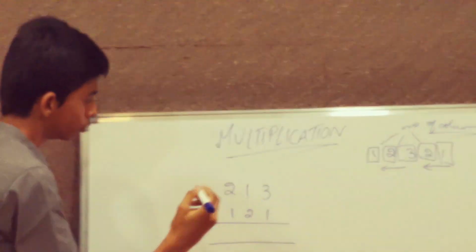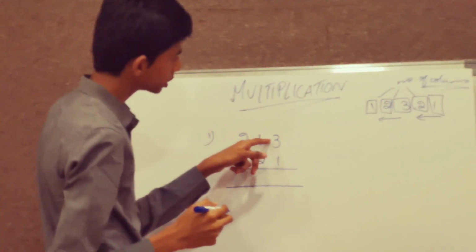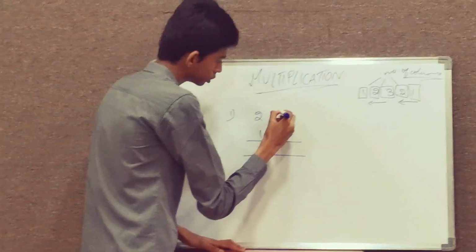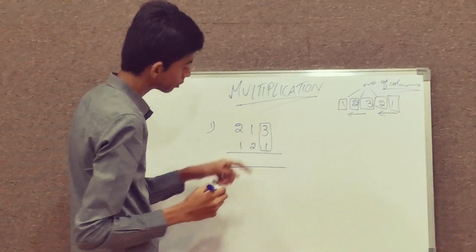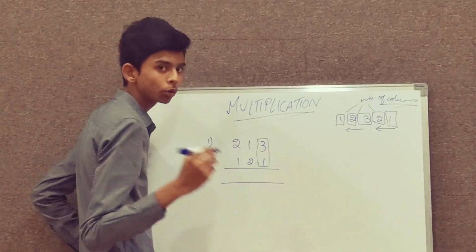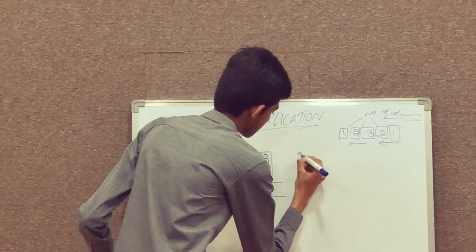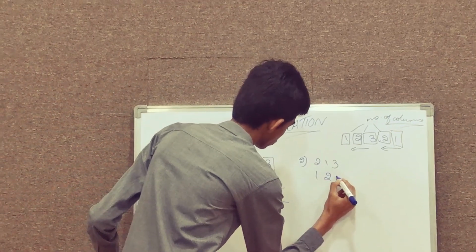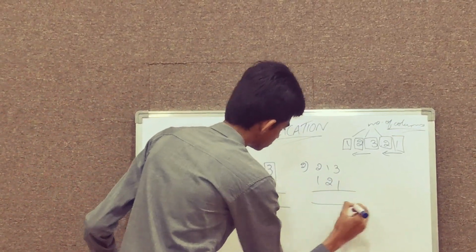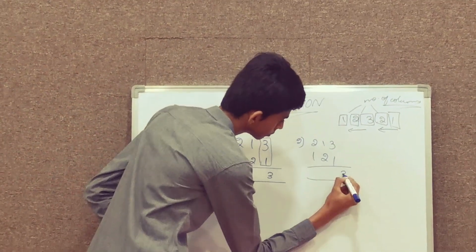So using this we solve this. What is the first step? We have to multiply the digits present in the first column. So this is the first column, and the digits present are 3 and 1. So we have to multiply this. So 1 into 3 is 3. And then the second step, we are writing the result of this here.